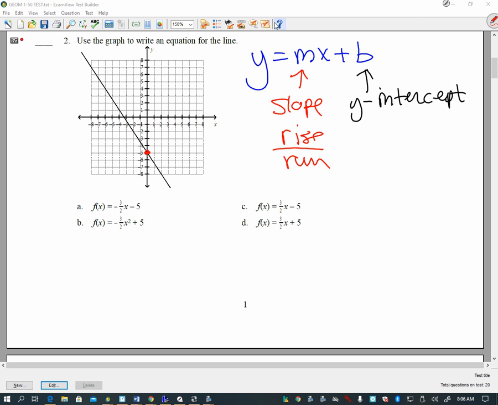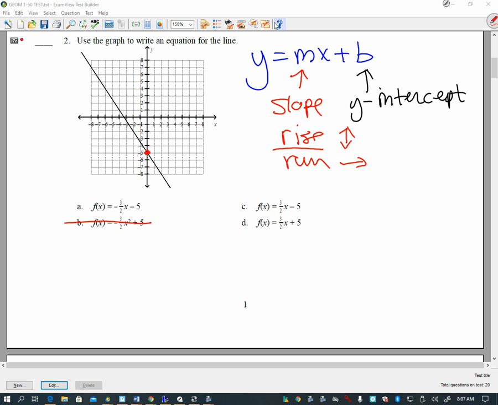To the right. Okay. So we always read a graph from left to right. Rise can be either up or down, correct? Okay. What kind of slope does this line have? Positive or negative? Has a negative slope. So it's going down and over. All right. So what is the y-intercept of this line?